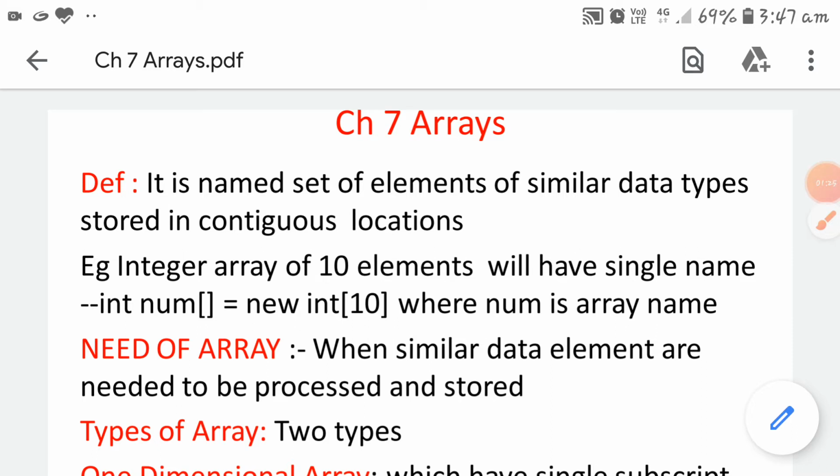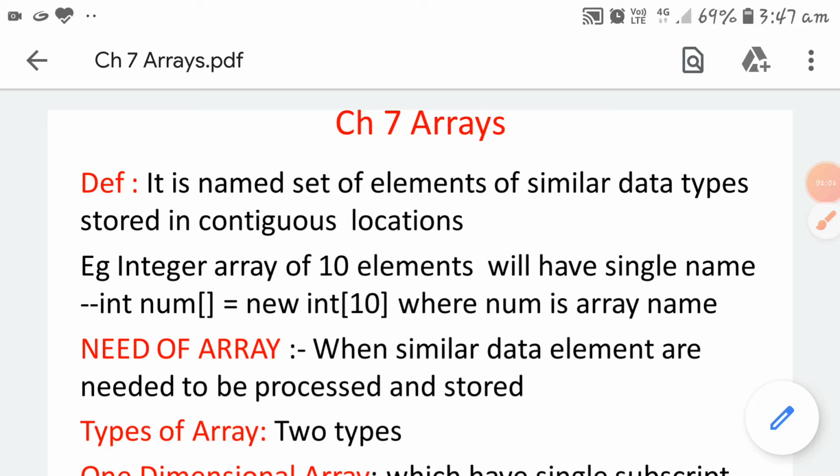So in this way, if you want to show the data and process the data, then you will do this with the help of an array. Another example I will give you: there is a cupboard with one shelf only. On one shelf you can arrange things, but if I put 10 shelves in the same cupboard, then there is storage capacity for 10 items, not for one item. So this is an array.